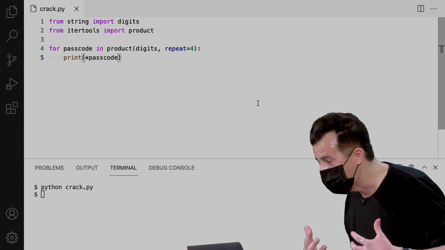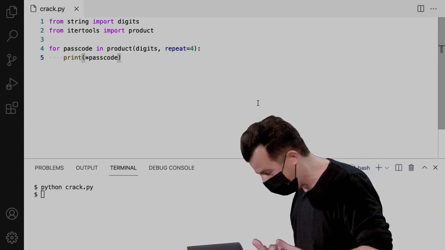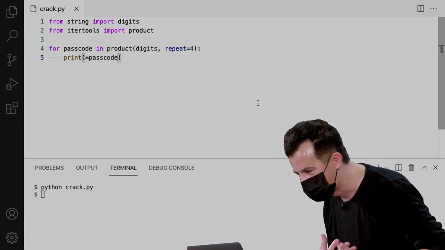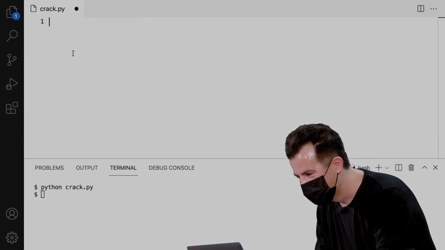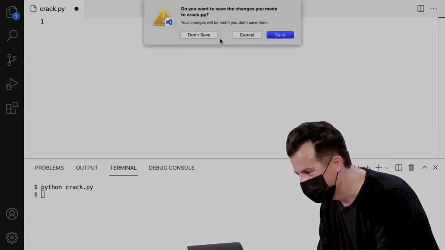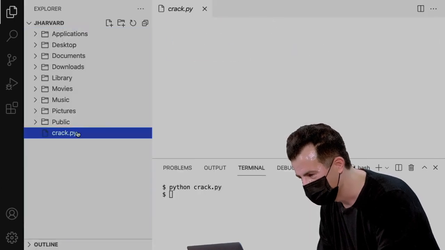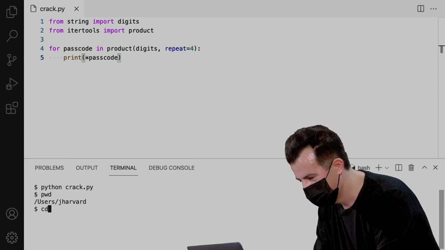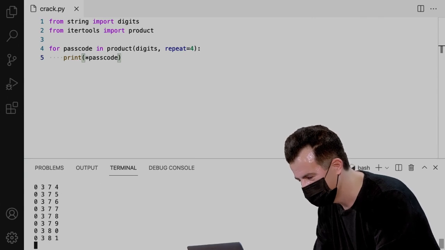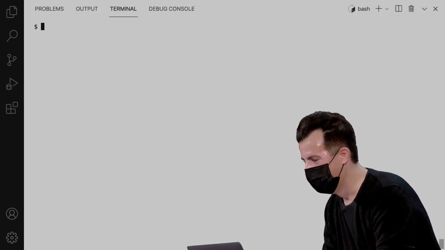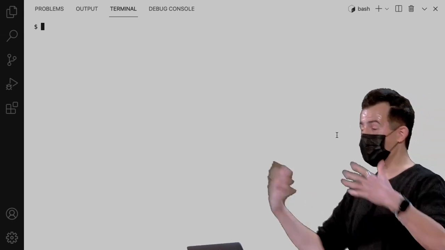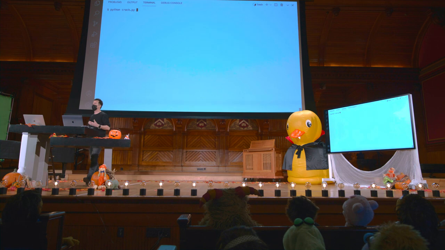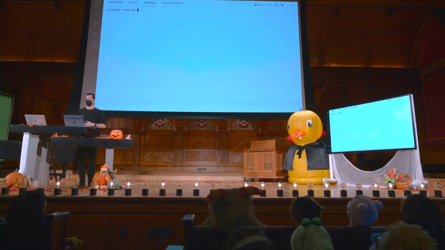So in CS50, we spend a lot of time introducing students to bugs, which are mistakes in programs, sometimes not so deliberate. Let me go ahead and apologize. Let me open this file. OK, Python. There we go. In CS50, we now will run the code here. And I'm going to go ahead and run a command called python of crack.py. I had the file in the wrong location a moment ago.